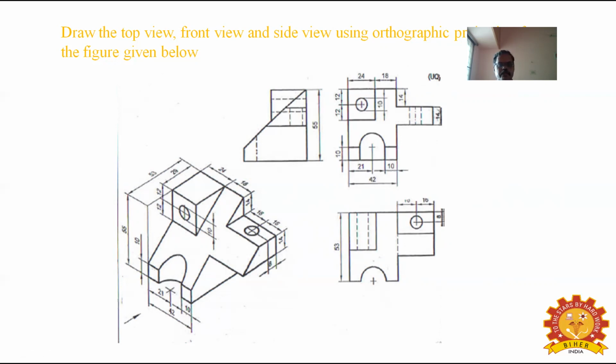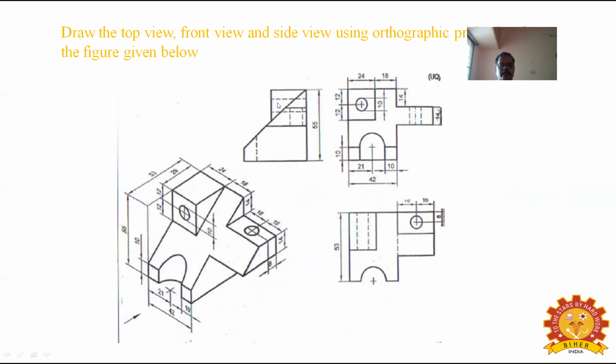So how to draw the side view first? The side view is somewhat complicated. Here, when we view from the right hand side, the taper height is given as 10 mm, and the total height is given as 55 mm. First complete the taper portion. In that you can draw this extra projection's triangle.